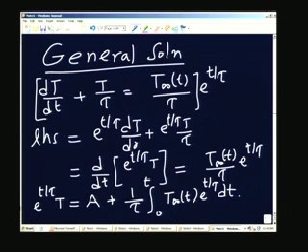And in fact, you can see that for t equal to 0, the upper limit and the lower limit will be the same. Therefore, e to the power of 0 by tau becomes 1. Therefore, A is nothing but T i, and therefore, I can write the